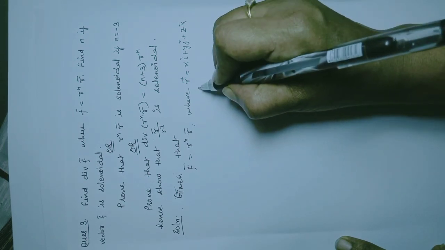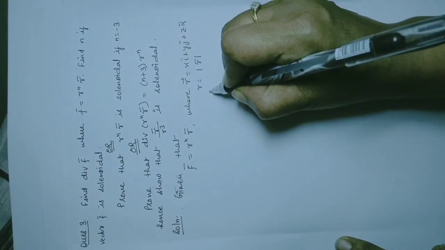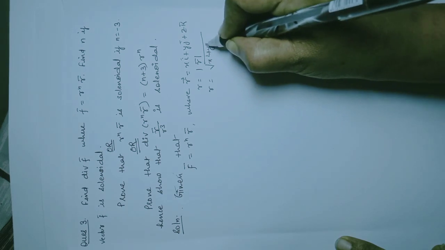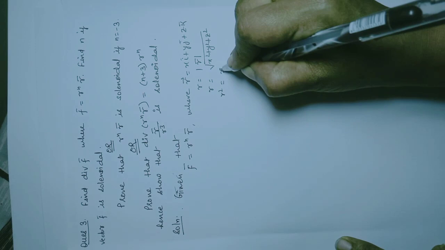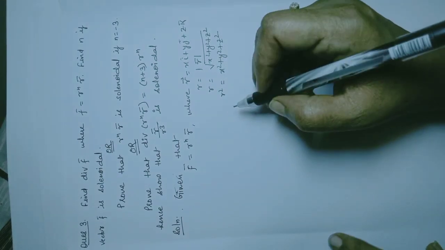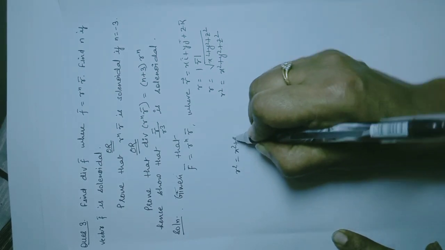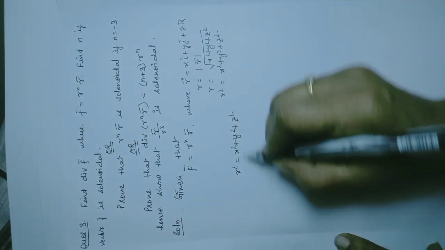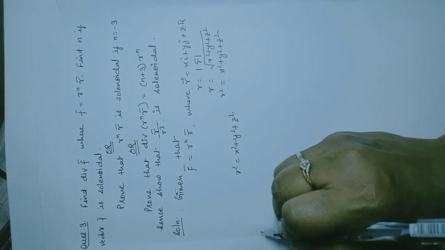Then you have r equal to mod of this vector r, that is root of x square plus y square plus z square. That means r square will be x square plus y square plus z square. So if r square equals x square plus y square plus z square, when you differentiate it partially with respect to x, y and z, what you are going to get is